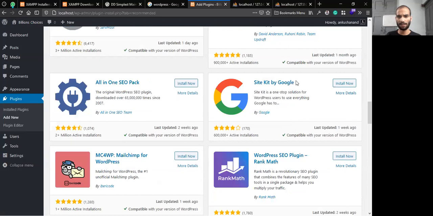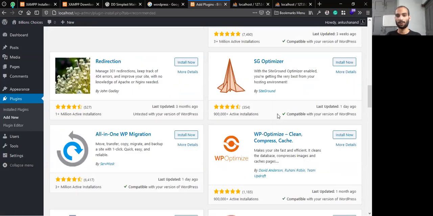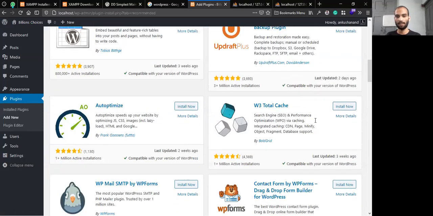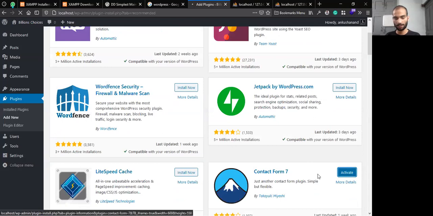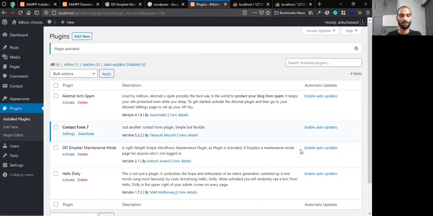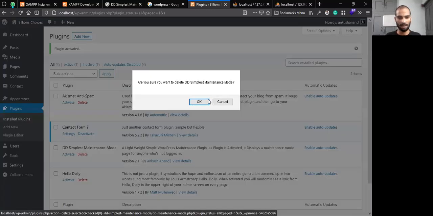There will be no need of Site Kit or anything, because we will not be able to index it. We will not be able to connect it to anywhere, because it's just on our PC. So there will be no need to integrate anything like that, because right now we are working on the website, not on the promotion or other things. Here this is installed, and there is no need of my plugin. Actually, I will just disable it.